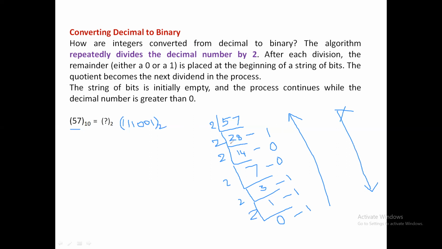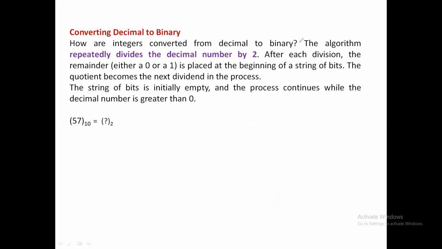It's very simple. Starting with the initial empty string, you can concat this number at the end, and then whenever you get a new remainder, this will be added at the beginning. So just concat these digits at the beginning, not at the end, so that you will get the entire number in reverse order. It's an easy process. I will show you the algorithm how it can be done now.